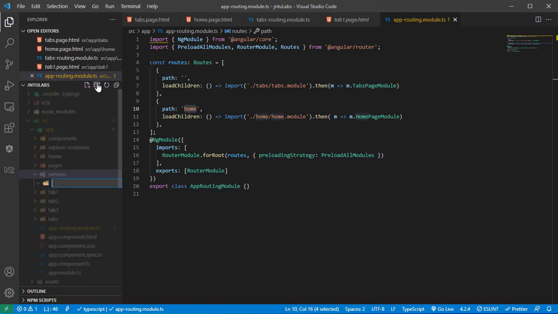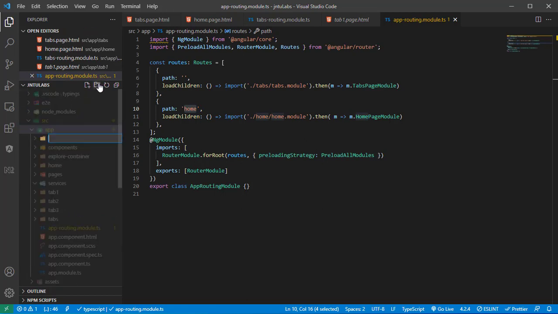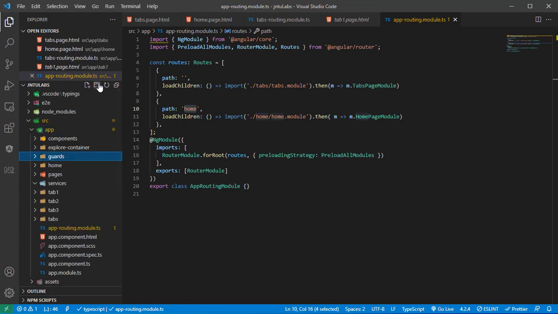Next you can have your guards. Guards are a piece of code with which you protect your pages. For example, some of your pages will be unauthenticated pages and some authenticated pages, right?